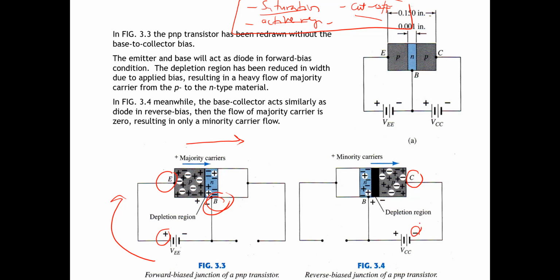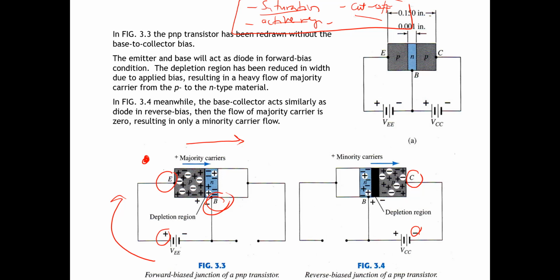Okay, so after we connect the terminals using the appropriate voltage, for example the first one, we connect the emitter to base in forward bias. So the depletion region between the emitter and base becomes smaller, so the majority carriers in the emitter can pass the barrier. So the majority carriers can flow from the emitter to the base terminal. And then in another